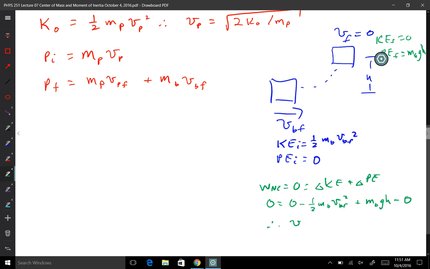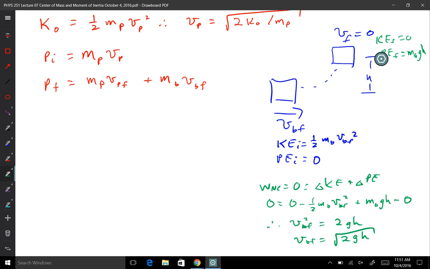Therefore, VB final squared is equal to 2gh. So VB final is the square root of 2gh. So now I can put that VB final in for my momentum final and find